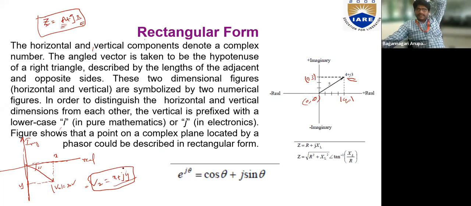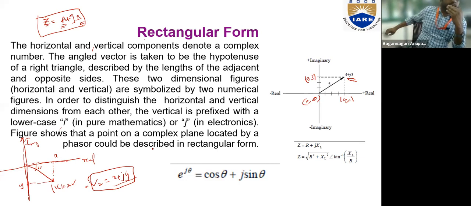So where do you use these types of representation? We use them in AC systems actually. In DC, fundamentally, we were talking about resistor, inductor, and capacitor from unit 1. But in DC circuits, we don't have L and C, right? Because we know the fundamental properties of inductor and capacitor, that an inductor acts as a short circuit for DC and a capacitor acts as an open circuit for DC. We heard that, right? We studied that, right?